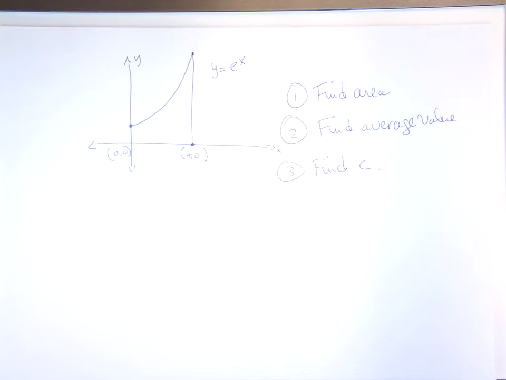Perfect. The integral of e to the x is e to the x, because the derivative of e to the x is e to the x. So the integral is also that. You want from 0 to 4. And so,